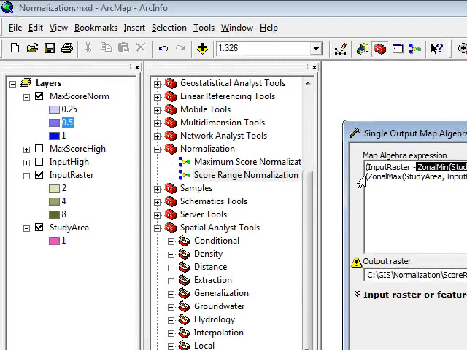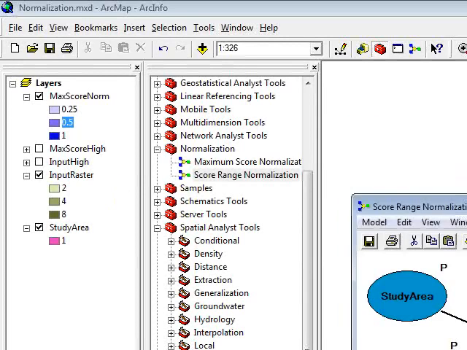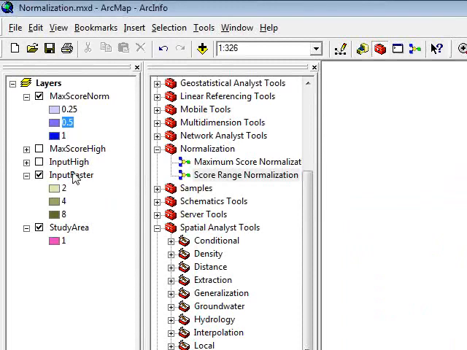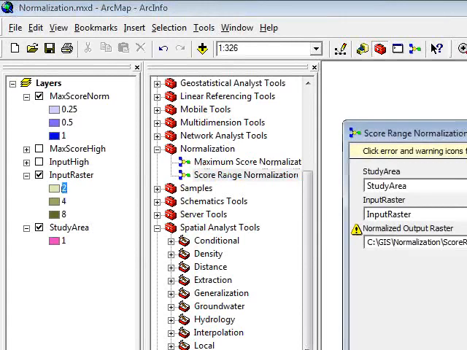And then the denominator is the max minus the min. If we think about our input data for a second, the max was 8, the min was 2, so the range of values that's going to be used in the denominator for that math is now 6. So if we go ahead and run that,